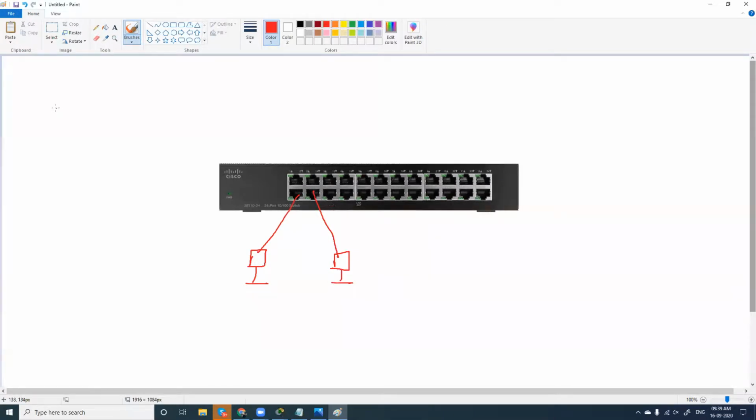Say imagine I have sales and HR, 10 computers in sales, 10 computers in HR. We'll take this first set of ports as sales VLAN, and we'll take the second set of ports here as HR VLAN. So these are the ports which belong to sales VLAN, and these are the ports which belong to HR VLAN.